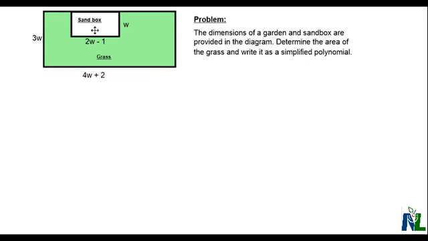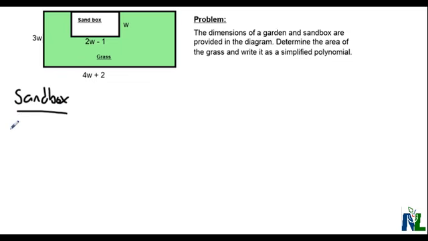The first step to try and solve this problem is to figure out the areas of both the large entire backyard area as well as the area of the smaller sandbox. Then we'll find the difference between them. So let's start with the sandbox. And we're going to use multiplication in order to determine the area. So for our sandbox,